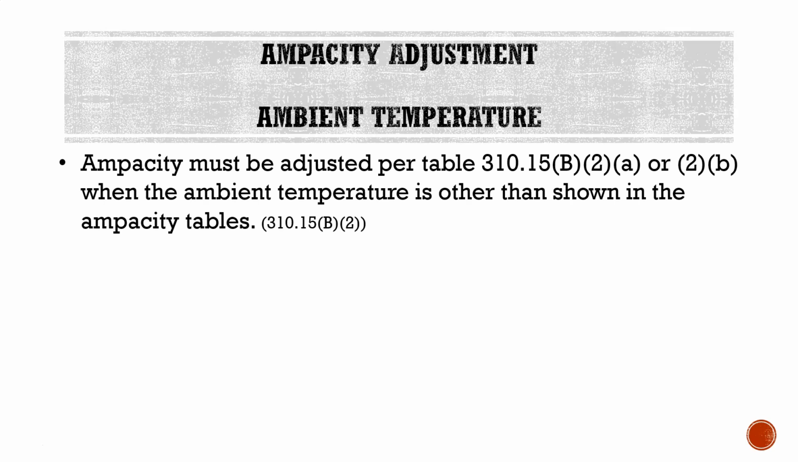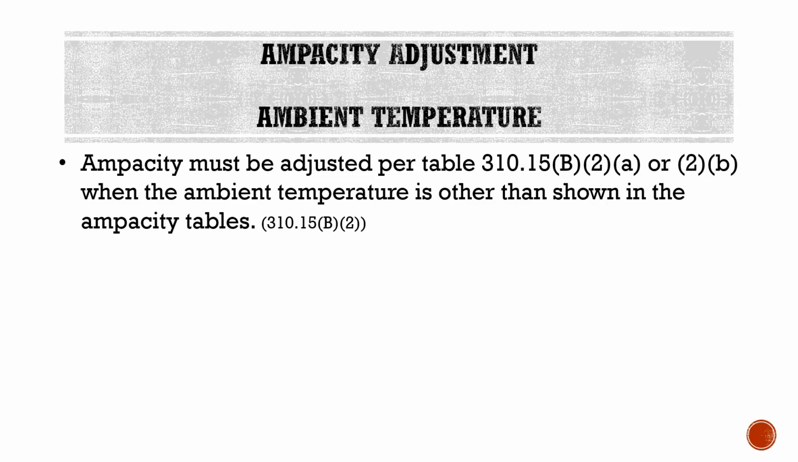Moving on from there, we're going to be taking a look at our first ampacity adjustment situation, which is going to be caused by ambient temperature. Ampacity must be adjusted per table 310.15(B)(2)(a) or (2)(b) when the ambient temperature is other than as shown in the ampacity table. So what it's talking about here is, if you're following along in your book, you'll see at the top of table 310.15(B)(16), towards the end of the description of that, it tells you based on ambient temperature of 30 degrees Celsius or 86 degrees Fahrenheit. So what this section here, 310.15(B)(2), is telling us is that if we have an ambient